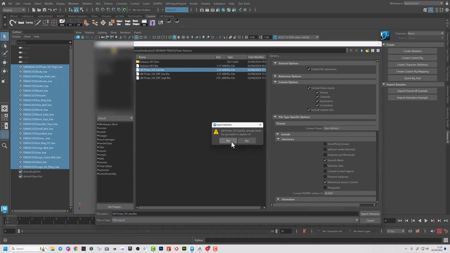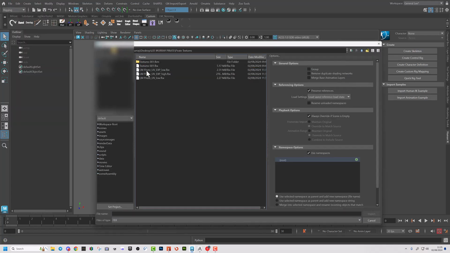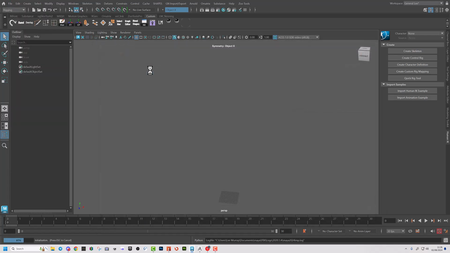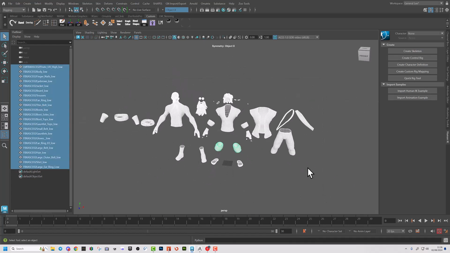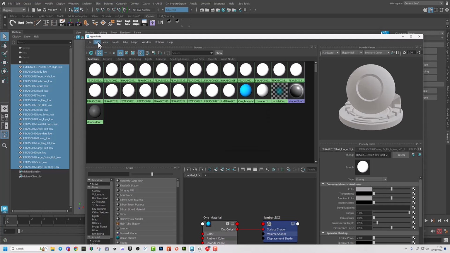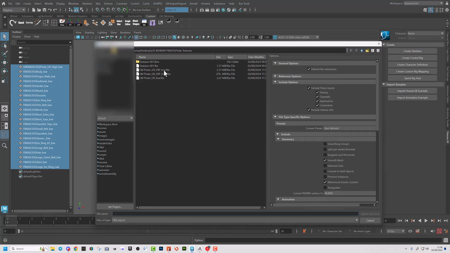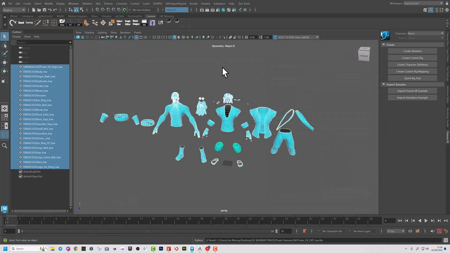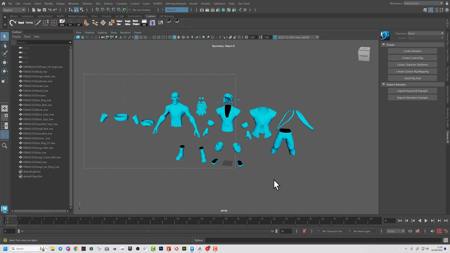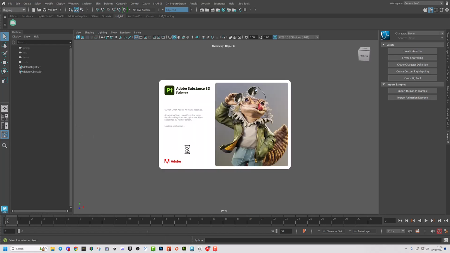Export. Do you want to overwrite it? Yes. Import the exploded version. Apply the material in the hypershade. Assign material to selection, delete unused nodes. Export. Low. Then open up the live link, open up Substance Painter,